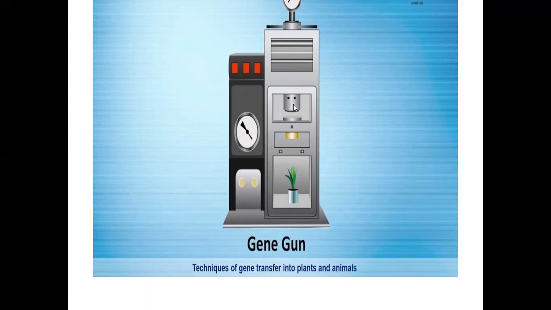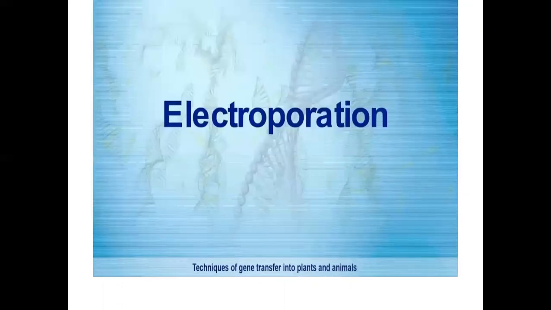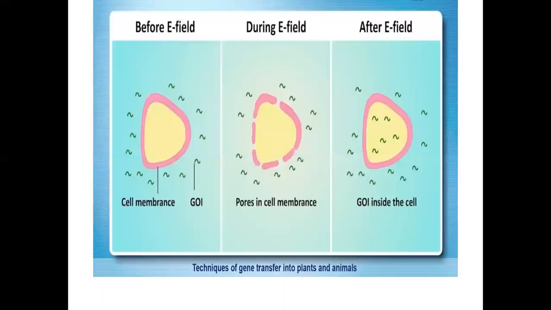Here it is the gene gun cylinder. The gene gun cylinder is filled with the macro or micro gene bullets, target DNA bullets. With the pressure of the machine, the tDNA bullets speedily reach the target plant cells. So this is one type of physical method during gene transfer techniques, called gene guns. The next one is electroporation.